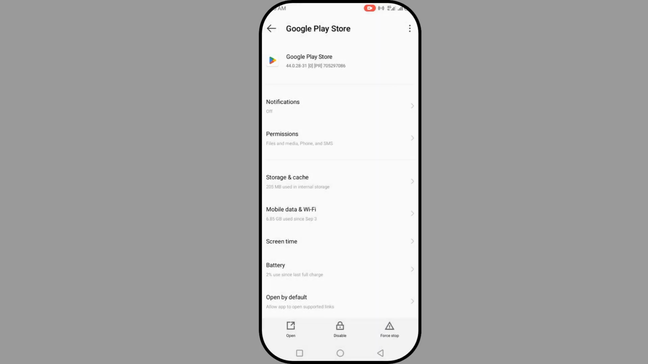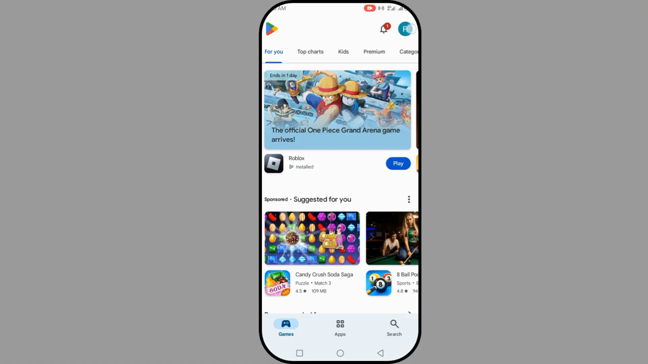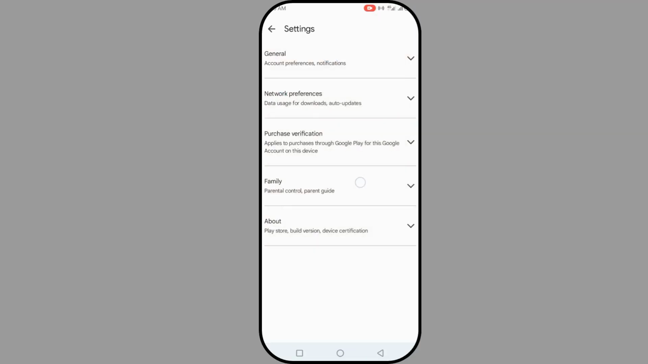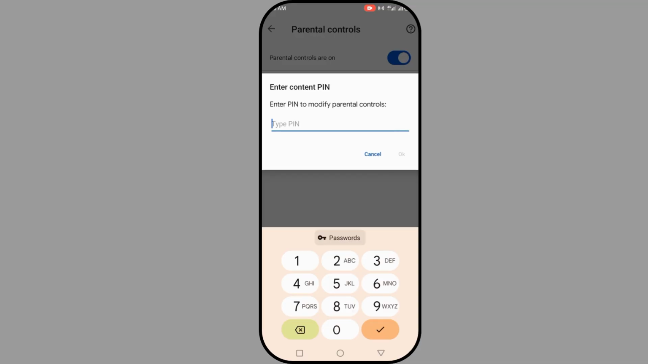Or you can also go to your Settings and find Apps. Once you find the apps, search for Google Play Store, and you can clear the cache there. Now what you need to do is open your Play Store back. Once you open it, let's go and see our parental control. Click on your settings, and click on Family. Click on Parental controls, and you're going to see you can just turn it off here and just